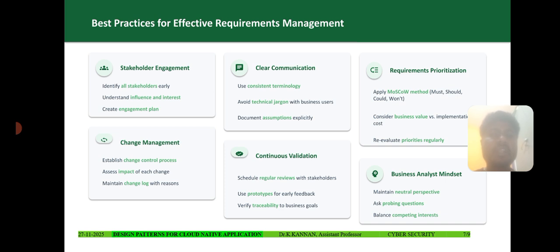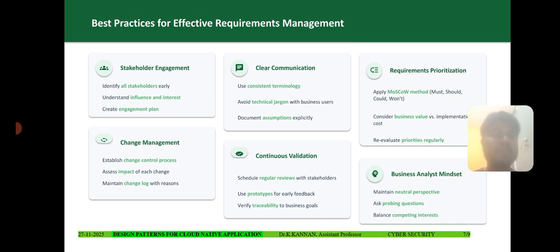Stakeholder engagement means identifying all the stakeholders early. Because some stakeholders engage and some do not, we can identify them easily, and understand their influence and interest in the application, and create the engagement plan. Clear communication means using consistent terminology,